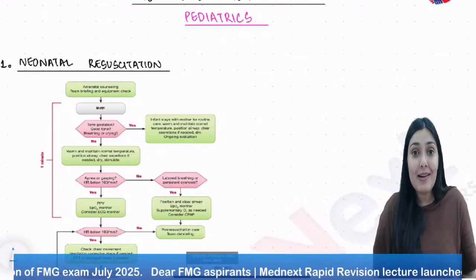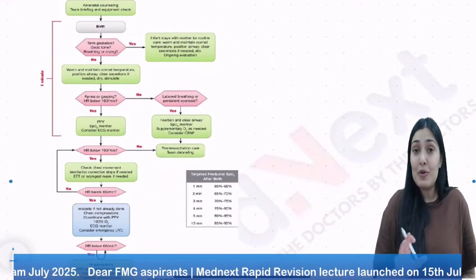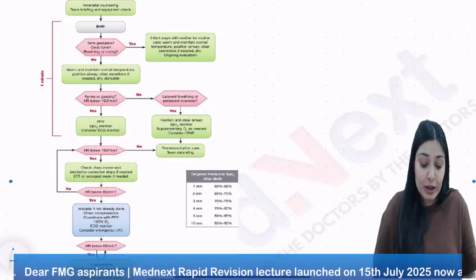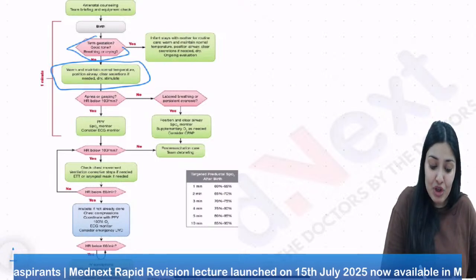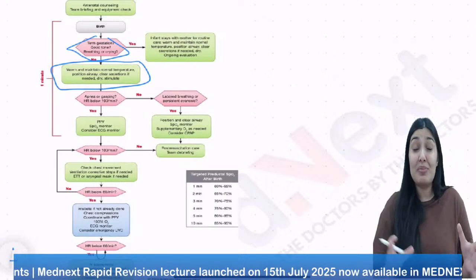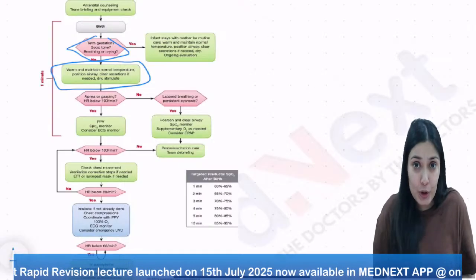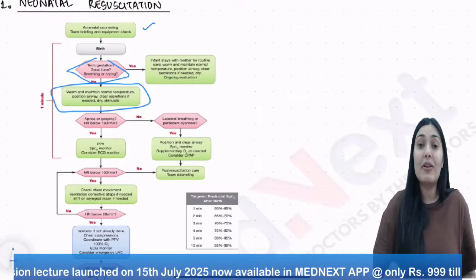So the first topic here is neonatal resuscitation protocol. When it comes to neonatal resuscitation protocol, remember the algorithm. Can you see some things are there in the boxes, some things are there in the diamond shape, right? These diamond shapes are the questions that you are going to ask, and the squares are the actions that you are going to do. So prior to the birth, firstly we do antenatal counseling and team briefing and check the